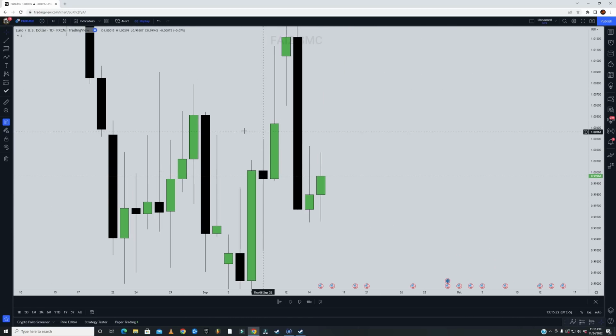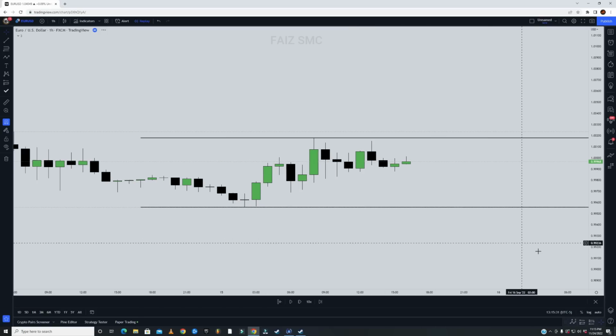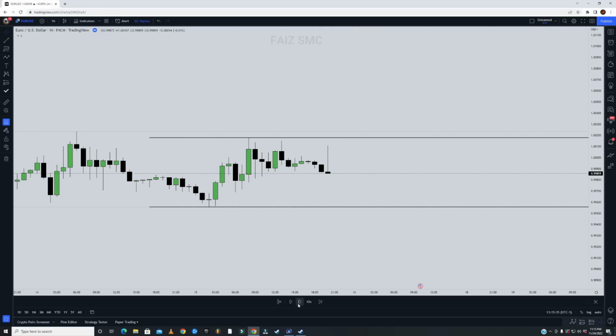So once the candle closes, you want to mark out the high of the candle, and you want to mark out the low of the candle. Once you do that, you want to go back to the 1-hour time frame and you want to wait for a fake out in any of the directions, right? So you wait,